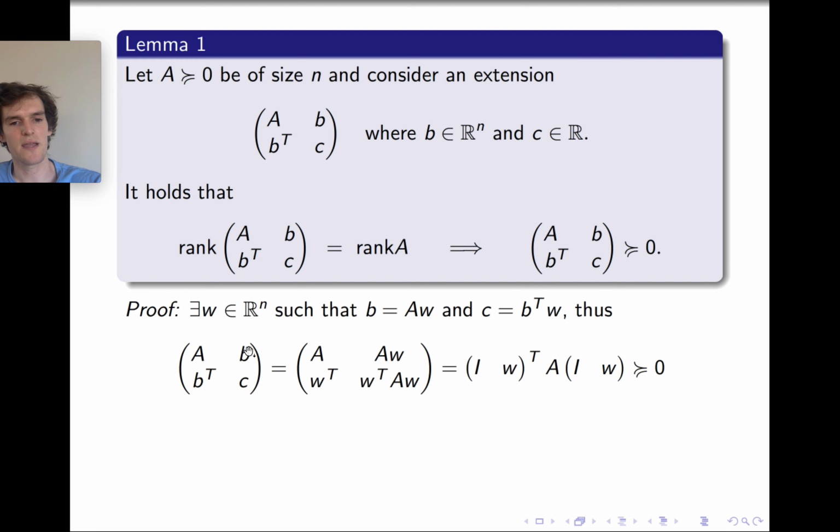And so then we can just take the extended matrix and substitute B by A times W, B transpose, sorry, there's an A missing here, by W transpose A transpose. And then here we take C is B transpose times W, and B is A times W, so you end up with W transpose times A times W. And so in fact, you can factorize this, and so now you have that A is being multiplied by some